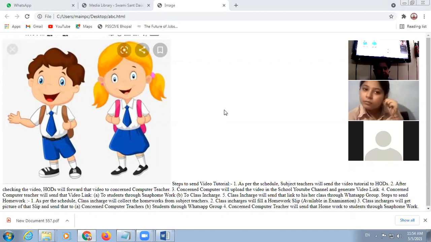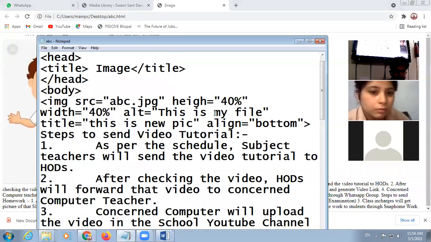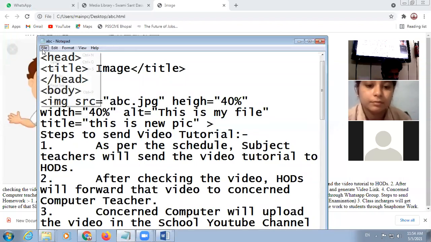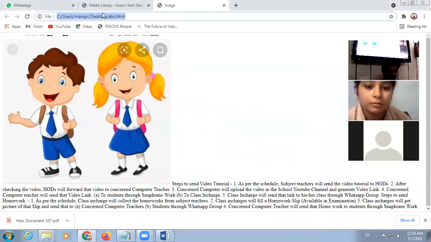Now one question, by default what will be the alignment if I am not taking the alignment? Look at here. If I am removing the alignment, what will be the default alignment? Okay, students, any student? Bhumika. Sir, bottom. Yes, very good, beta. Very good. It is bottom. So remember one thing, default alignment is always bottom. If I am not giving alignment, alignment will be bottom.